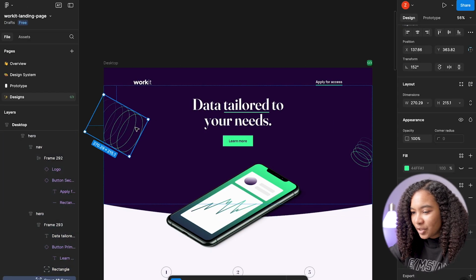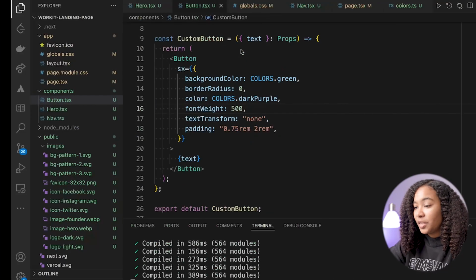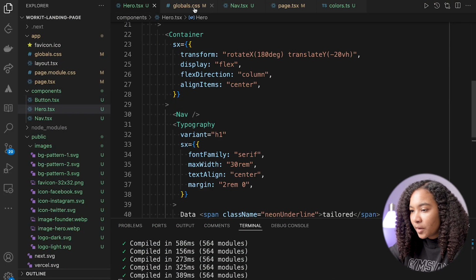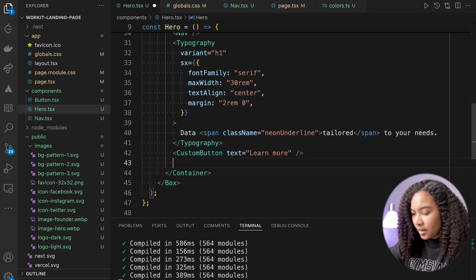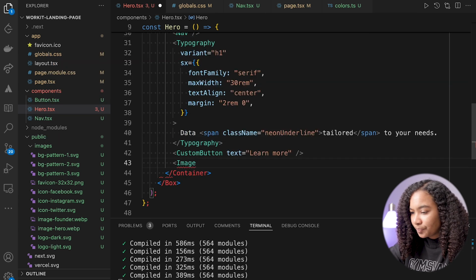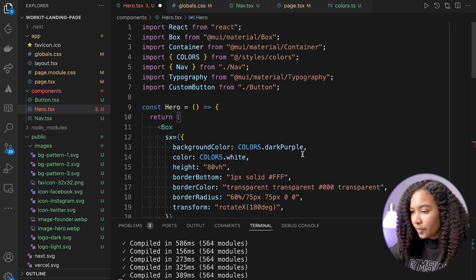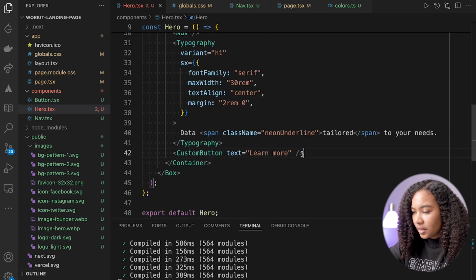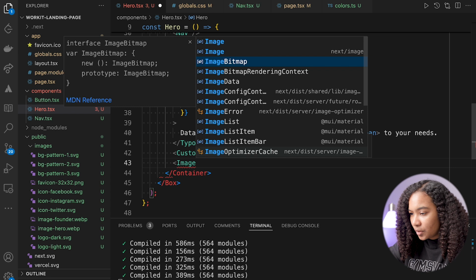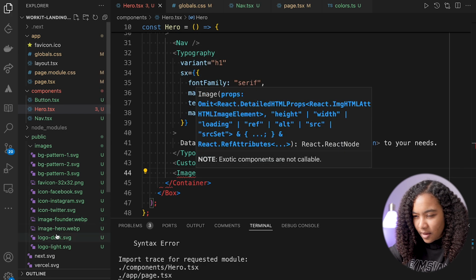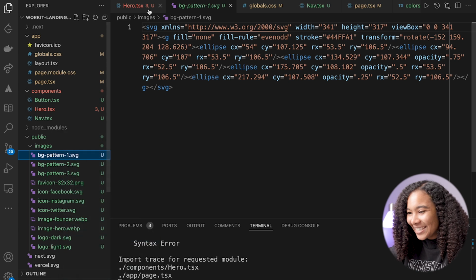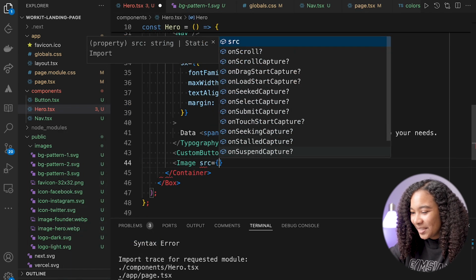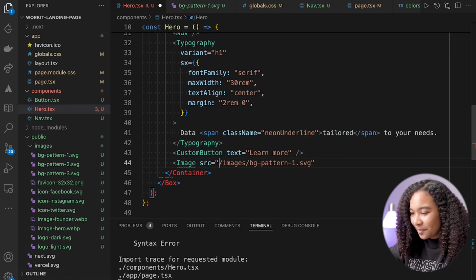I want to add in these squiggly things next so that we can finish up with this hero component. So I'll close out my custom button, and I'm going to now look for my images. So I'll say image, same, oh, did we not import it from Next earlier? All right, we'll say image, Next, and then background pattern. I don't know which one is which, so we're just gonna copy the path and change the number as necessary. So source is gonna be BG pattern 1, alt equals